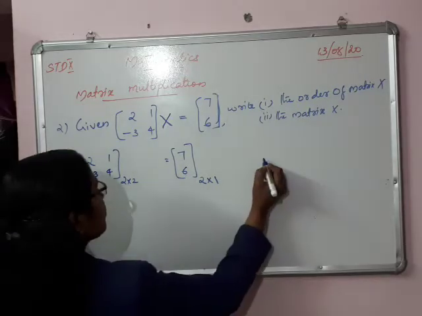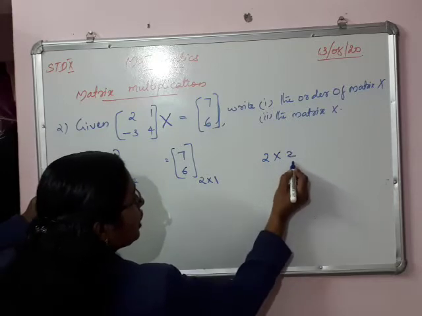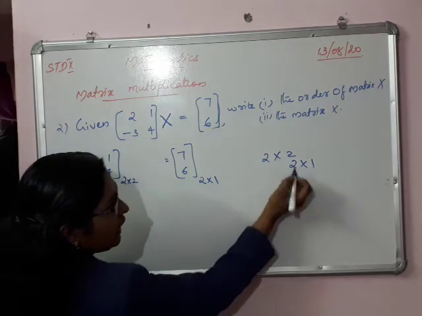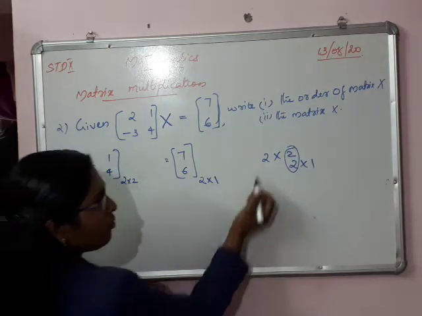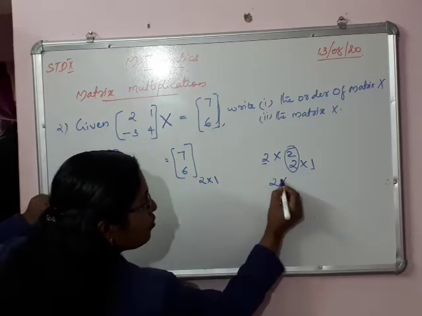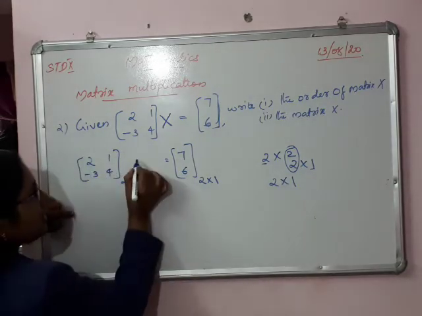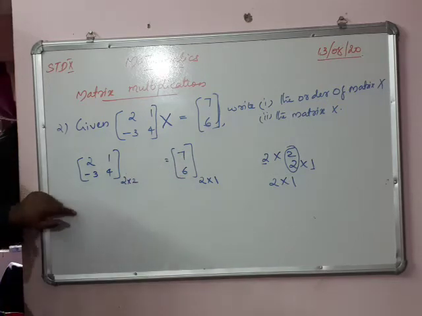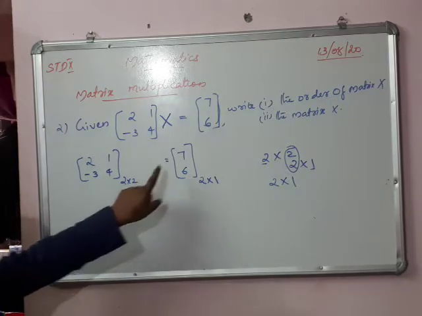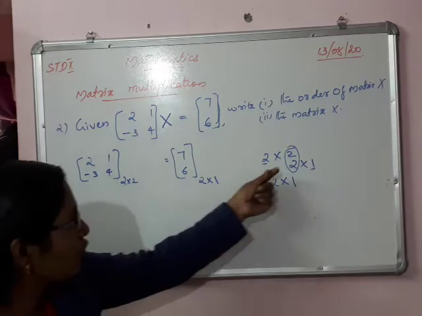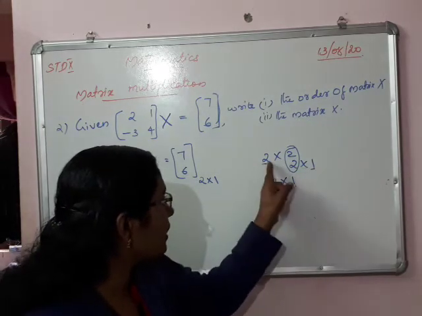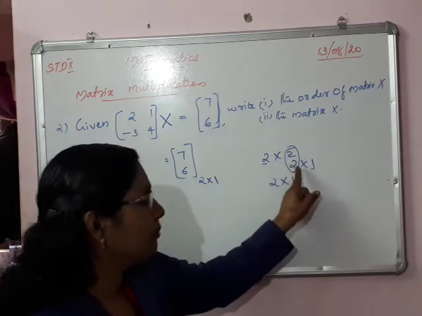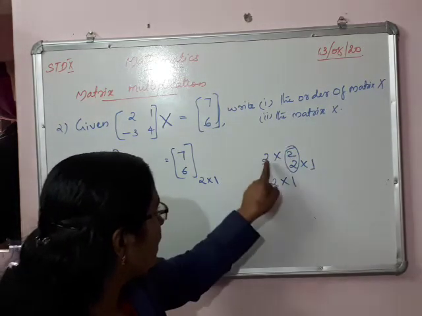After that, you write here 2 by 2 and 2 by 1. You may write like that, 2, 2 together. Then you may remove the middle ones, so the balance is 2 and 1. That is 2 by 1. So this X is also a 2 by 1 matrix. Understood? This is a 2 by 2 matrix, and the given result is a 2 by 1 matrix. So you arrange it like that: the result is a 2 by 1 matrix, and you need a 2 by 1 matrix. The middle one is the 2 by 2 matrix, so we can avoid that. The balance is 2 by 1.